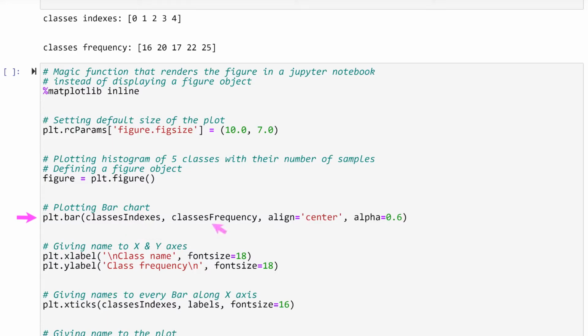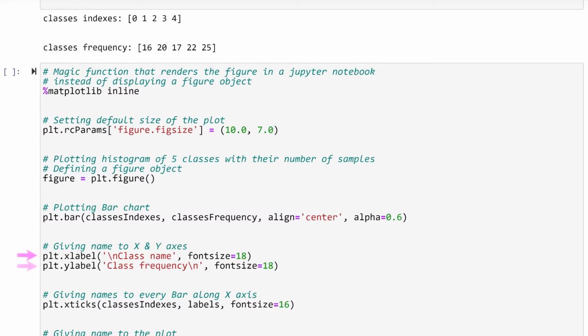As second argument, we pass height for every bar. In our case, it is frequency for every class. Next, we specify type of alignment for every bar, that is center. It means that every bar will be aligned according to its x coordinate. The last argument is opacity of bar chart. We set it to 0.6.